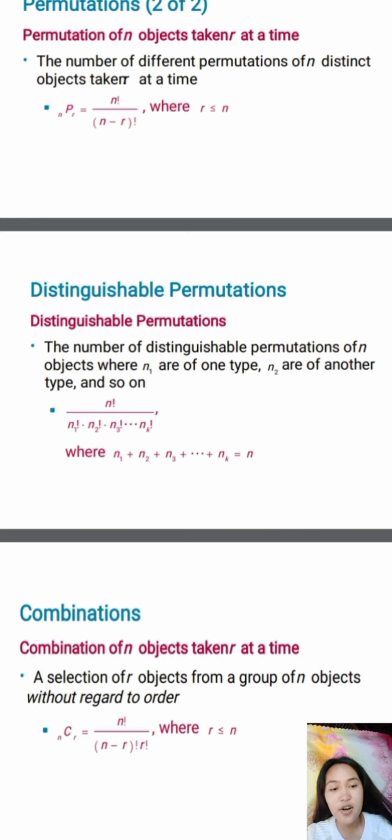So order is important. There is only one favorable outcome. There are 17P3, which is 17 factorial over 17 minus 3 factorial, which is 17 factorial over 14 factorial, which is 17 times 16 times 15, which equals 4080. So the probability of selecting the 3 members is 1 over 4080, which is approximately